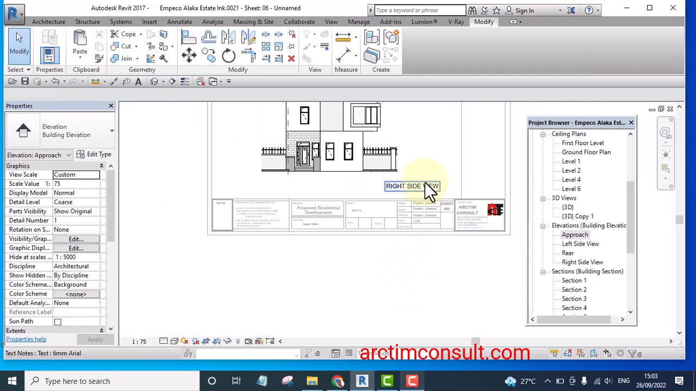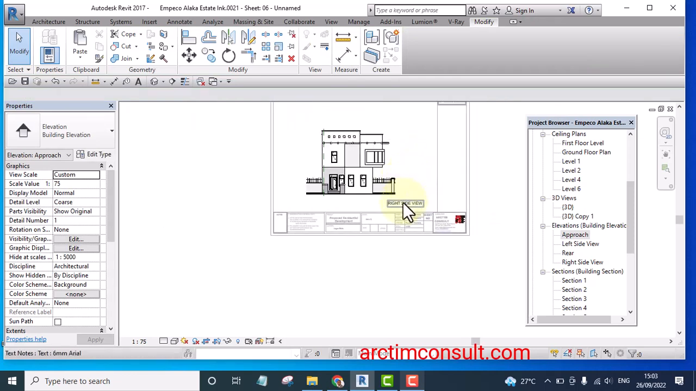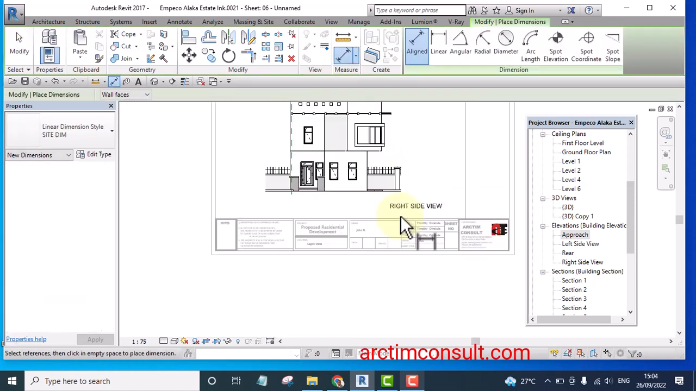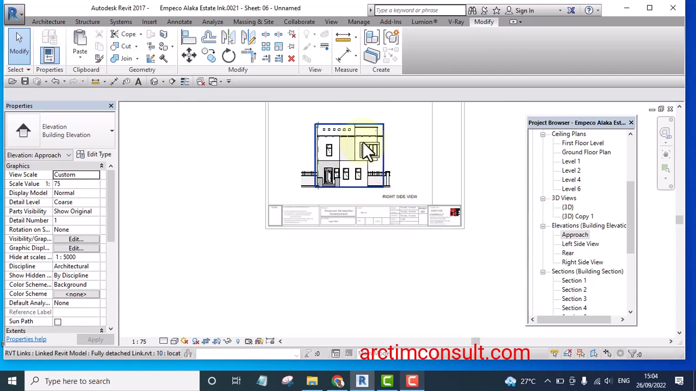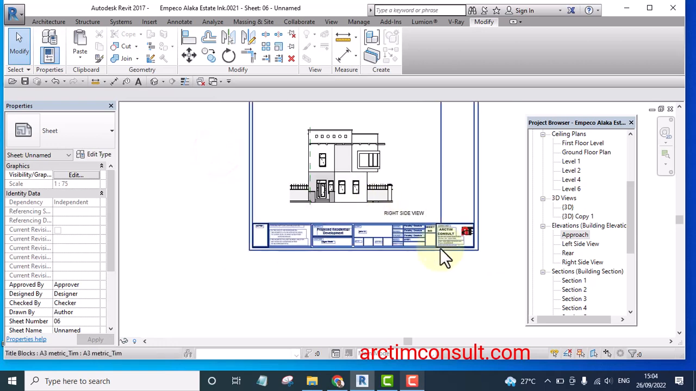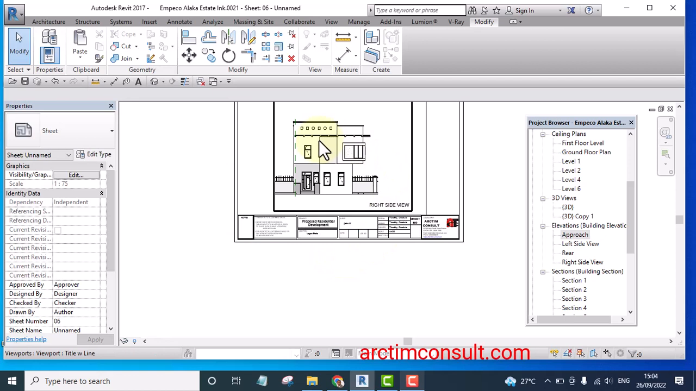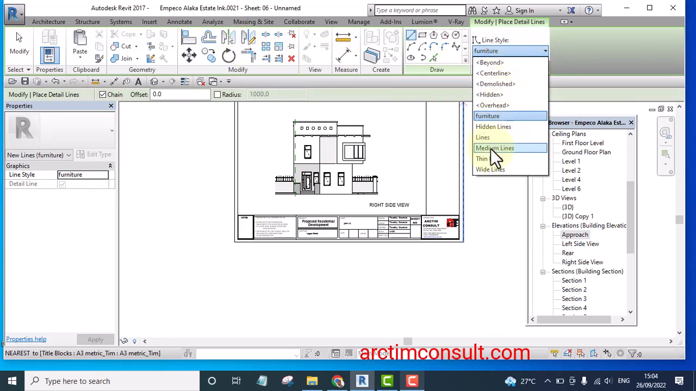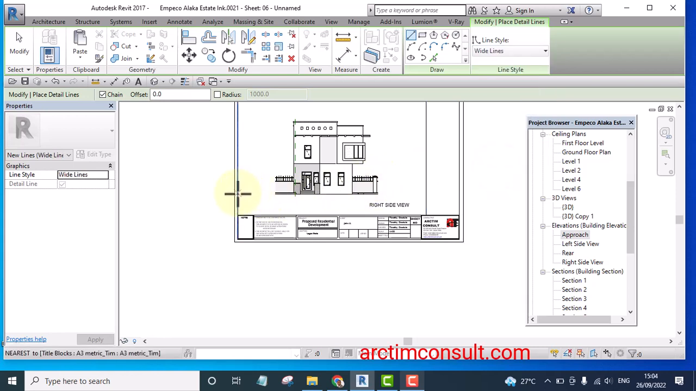Okay, that is that. Then I have a shortcut I use for deactivating view. I use DA. I use it to deactivate view while I'm on it. Okay, so the view is deactivated now, and as it is now, I need a line to represent my natural ground level. So I'm going to draw a line, DL for detail line. Then I select a line that is a little bit thick. I will use wide line, and I'm going to draw